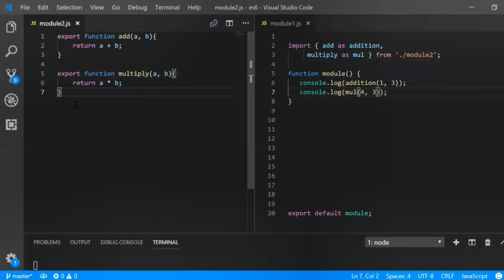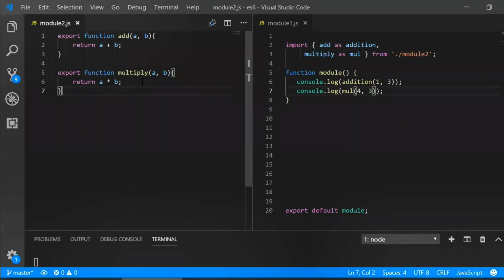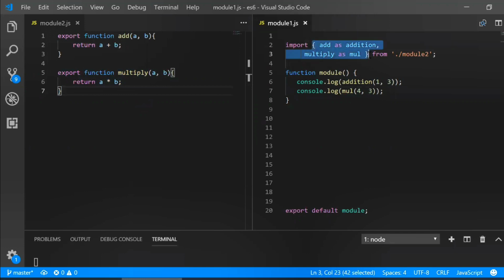So for example, I have a default export in module 2. Similarly, guys, imagine if we have hundreds of functions inside module 2. Inside the module 2, we have hundreds of functions. Then is it possible to import each and every individual function by its name inside the module 1? No, right? So we have a feature for importing all the functions together inside a file, like